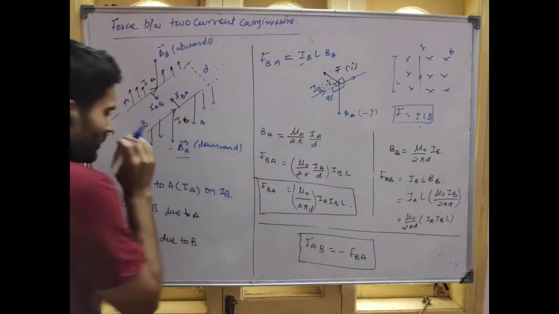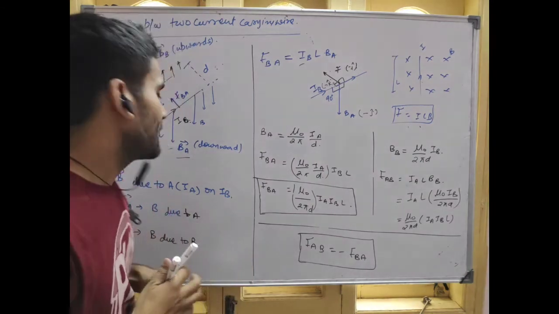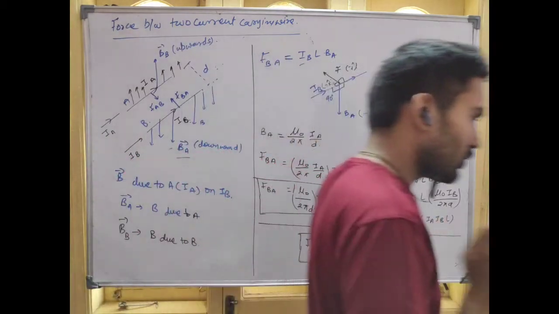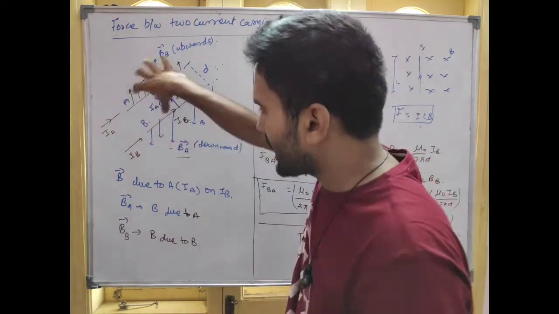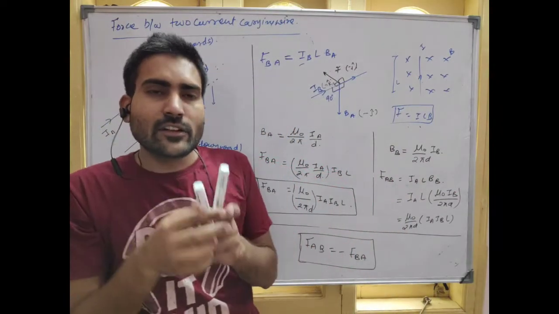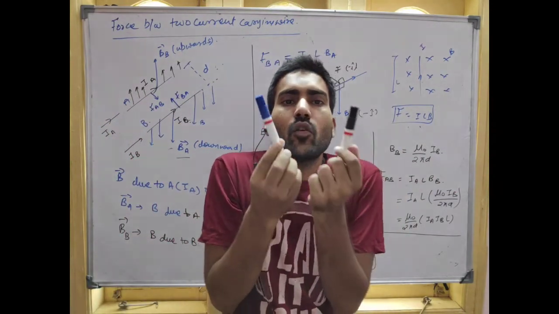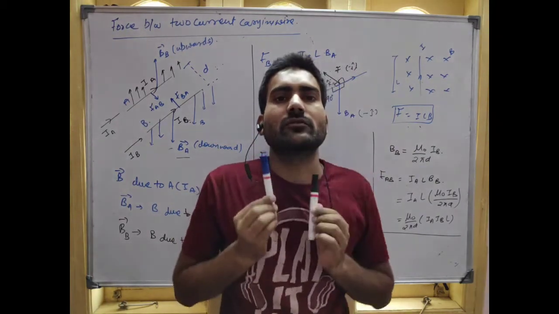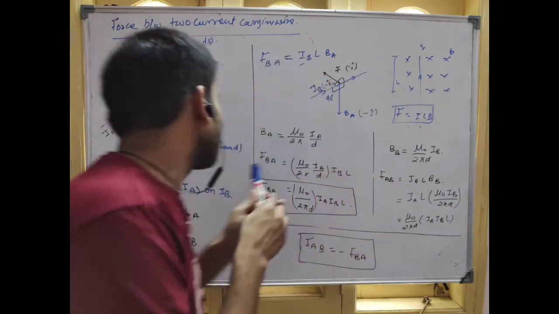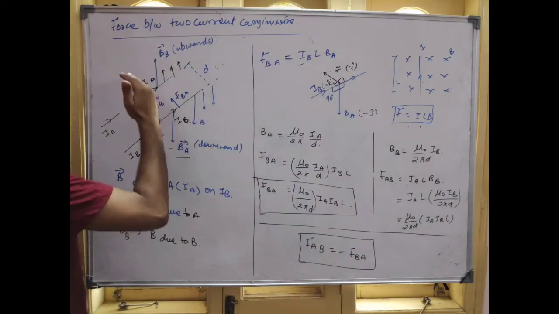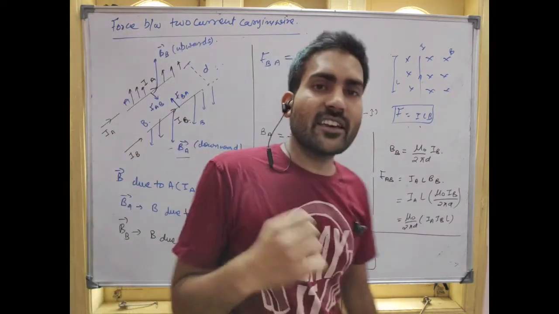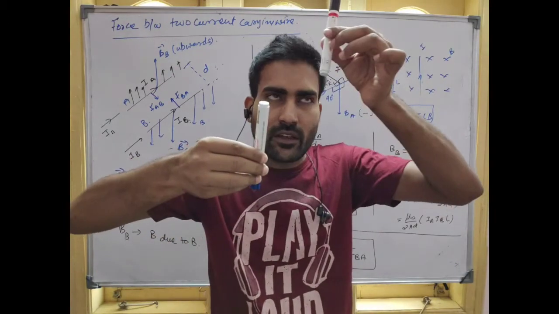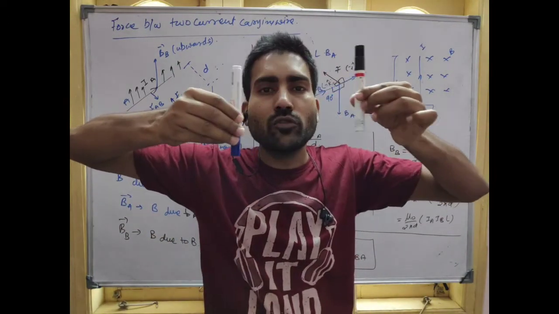One thing you have to see here is that I_A and I_B are in the same direction. Yes or no? It means when we take two wires and the currents in these two wires are in the same direction, they will be having an attractive force. See, F_BA and F_AB, they are attracting or not? Yes, they are attracting. But if I reverse the current direction, one will be like this and one will be like this, so they will oppose each other.